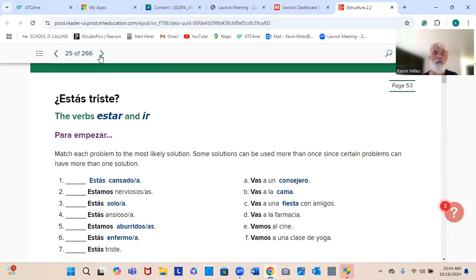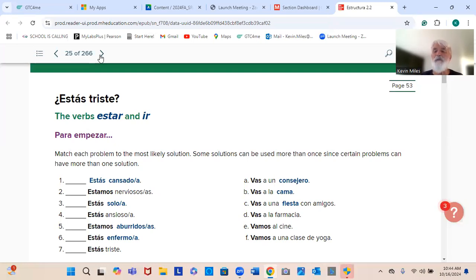They want you to learn the verb estar. Estar means to be. We just learned the verb to be in chapter 1, ser. And unfortunately, there are two verbs to be in Spanish. We need to know when to use which one. And I'll tell you, just generally speaking, ser is used for permanent characteristics, for identifying something. Okay. Estar is used for temporary condition.